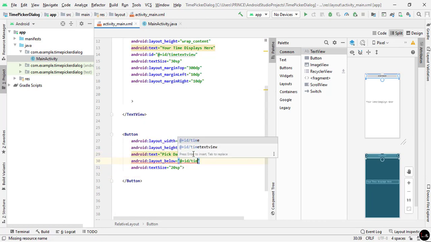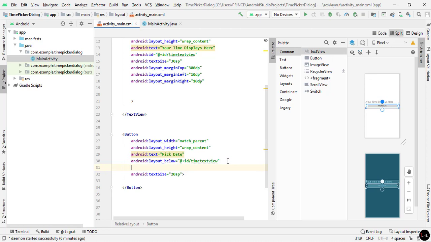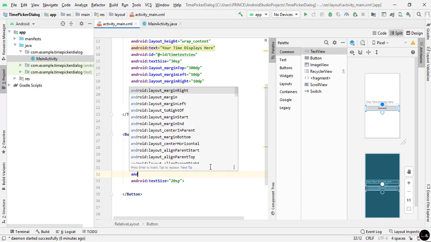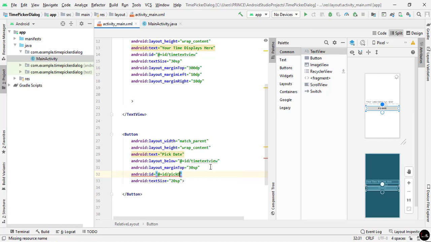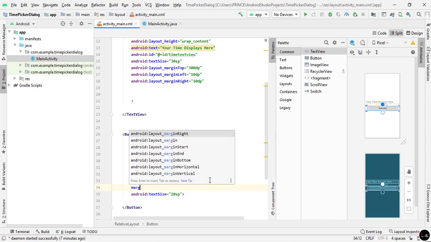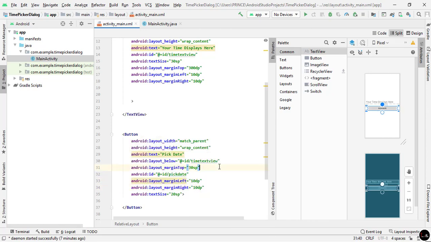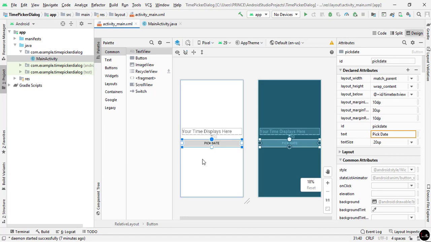So give the text view ID. Now set the margin top 30sp. It is fine. Also give the ID to access in the Java file, so I type android:id and then pickTime. Set the margin left 10dp and the margin right also 10dp. Now it's perfect. Now the XML file work is complete.